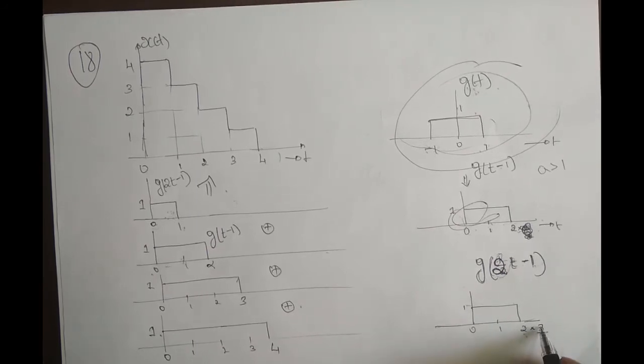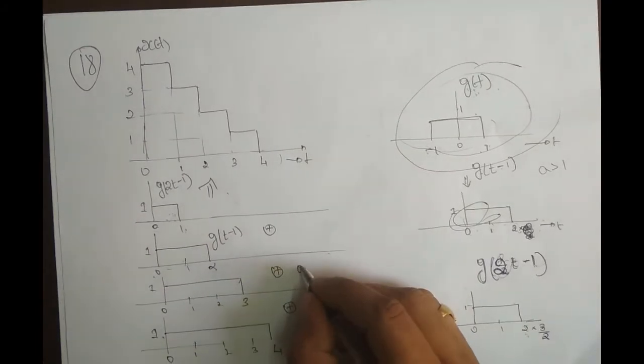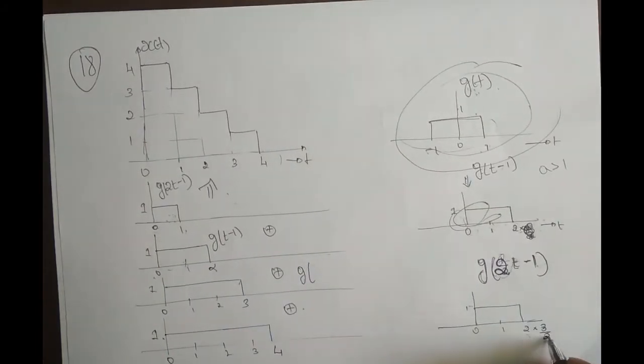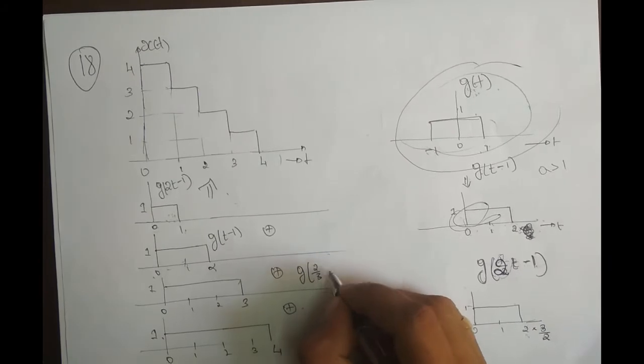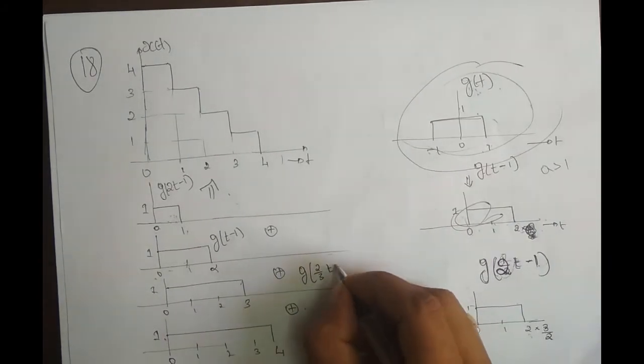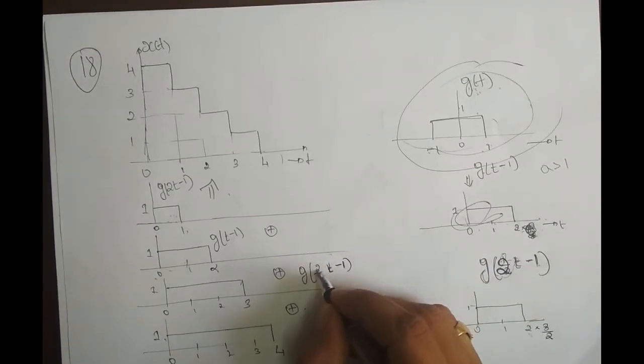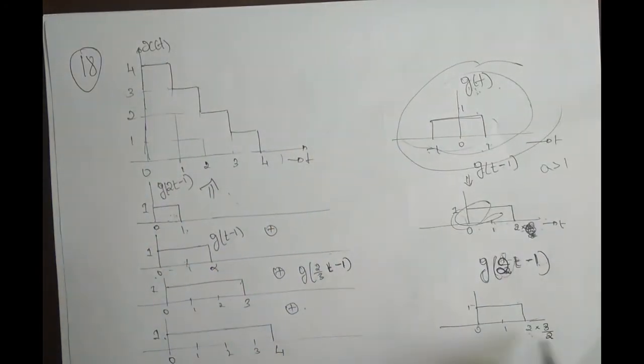Now since I multiplied by 3 by 2, it has to be inverse in the equation. So this is nothing but g of, since it is 3 by 2, 2 by 3. But it is shifted, right? Shifted right one time. So first you shift it right one time and multiply it by 2 by 3. Since you are multiplying the amplitude by 3 by 2, the inverse goes in the argument, so that this goes to 3, right?